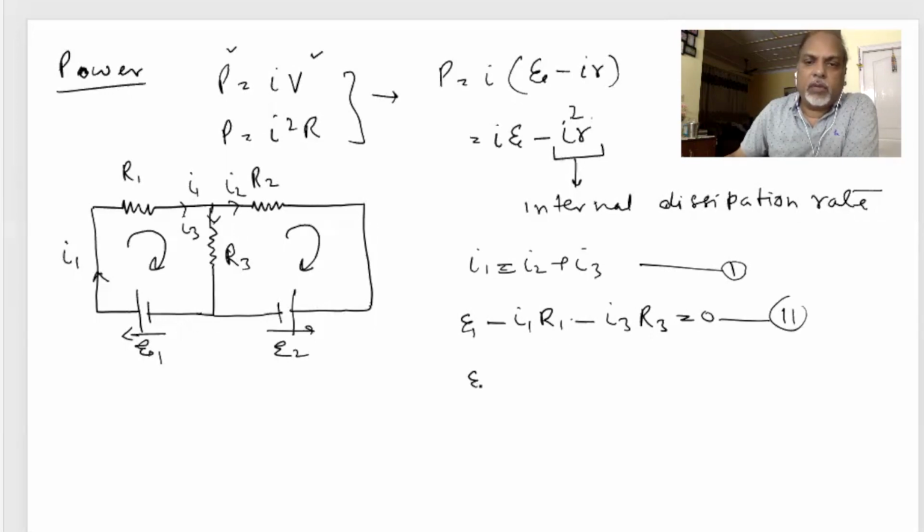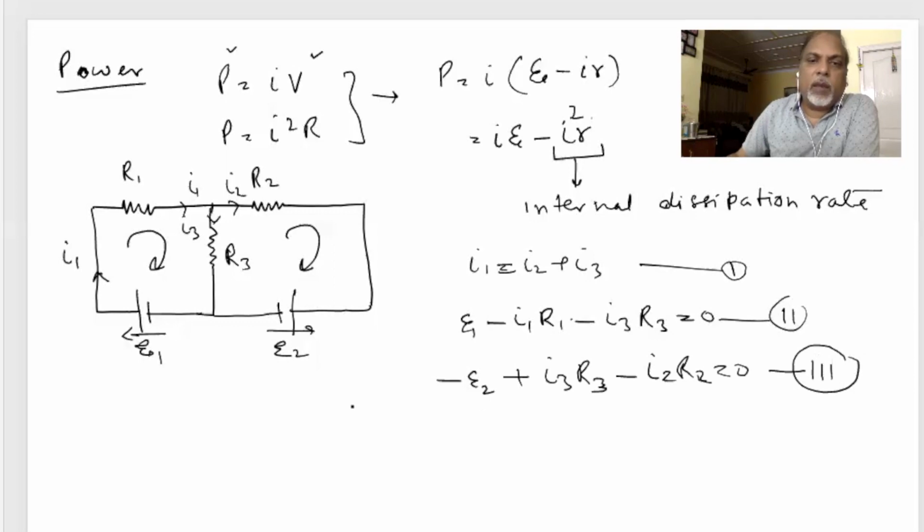and another equation we can have, E2, it will be minus, because here from higher potential to lower potential, this loop direction is there. So this, and of course this I3 R3, because it is against the direction of the current, so it will be plus, minus the I2 R2 will be 0. So this is how you can apply